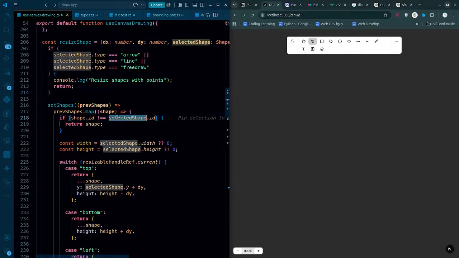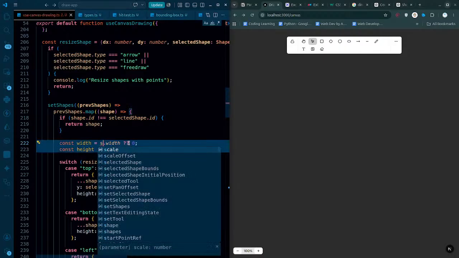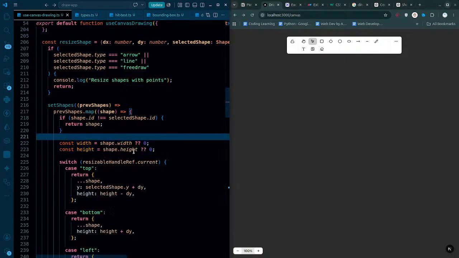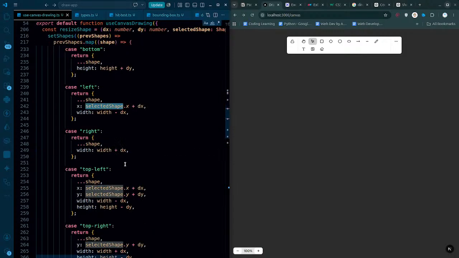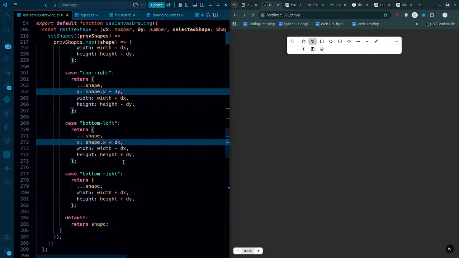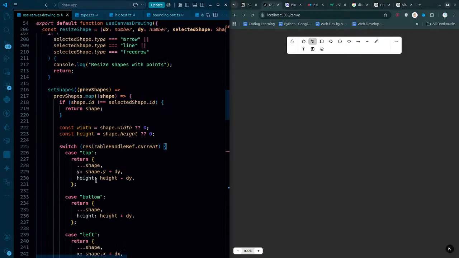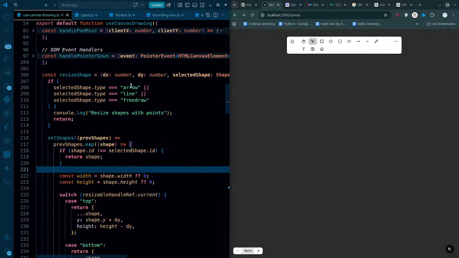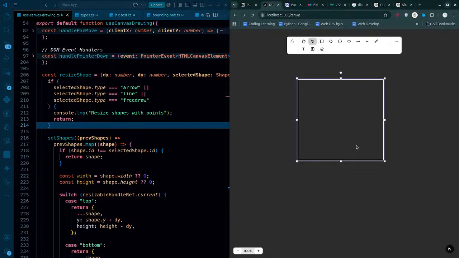Now what will happen is that here we will be returning, otherwise we'll have shape over here, and apart from this particular thing, wherever I have this selected shape, I'll change it with the shape, because we are using the distance, so ds is the last distance. Even if we are writing it directly, that's fine. Coming back to this one,